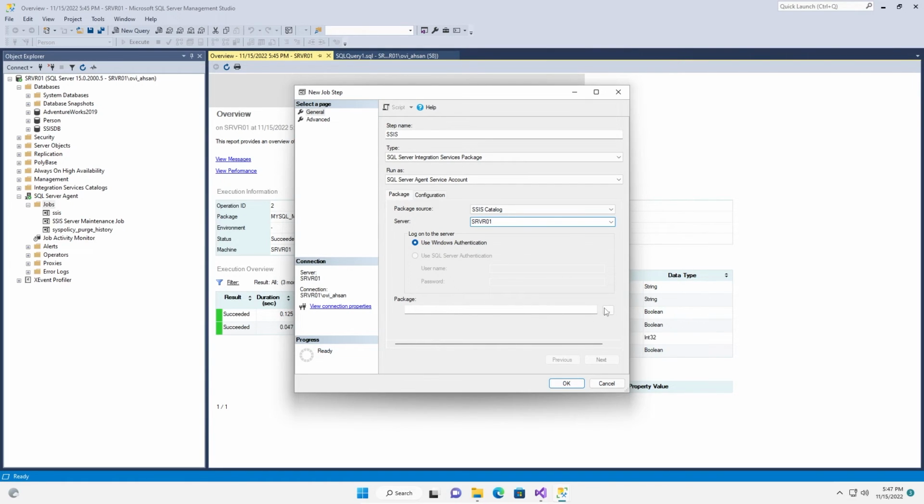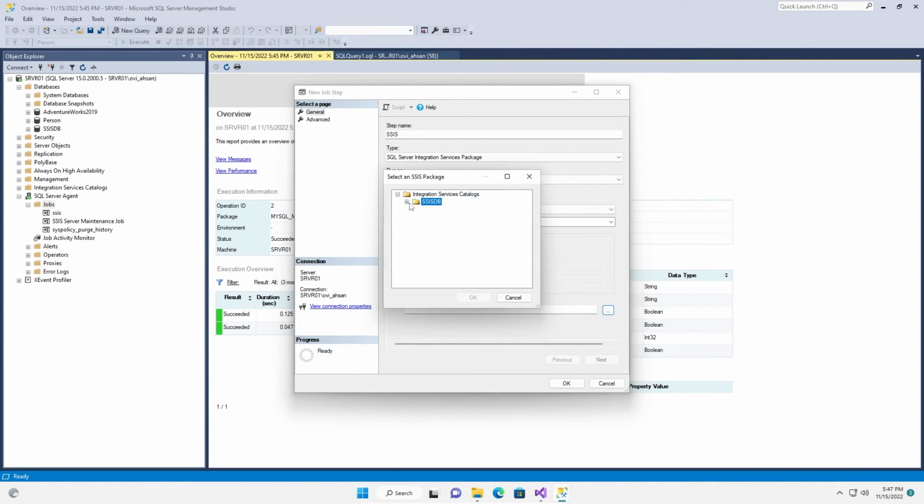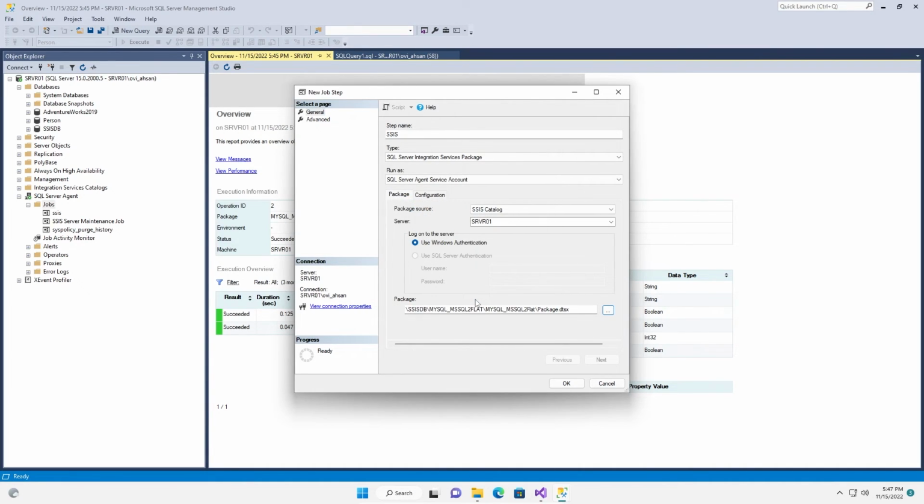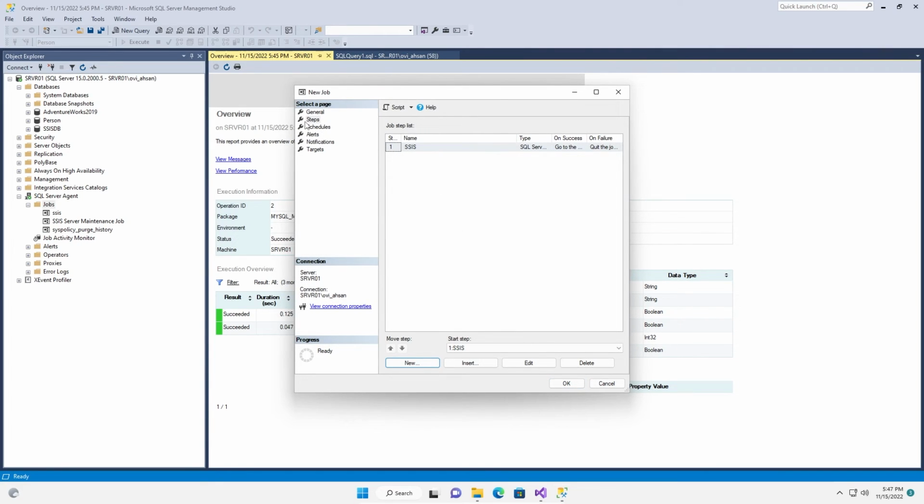Now you have to choose the package location from here. Click here, SSISDB, expand it, expand package. This package actually we have to choose. Open. Done. So your step has been selected.